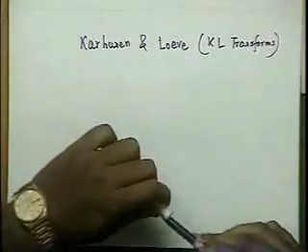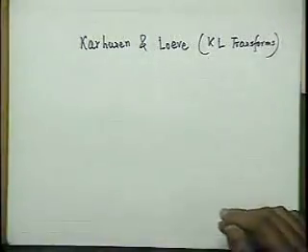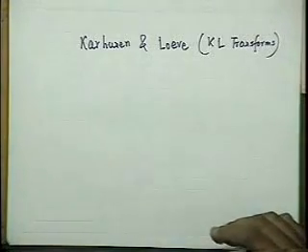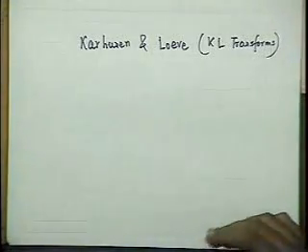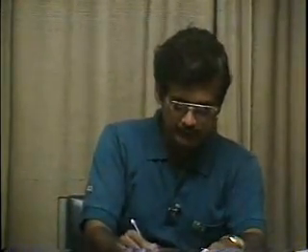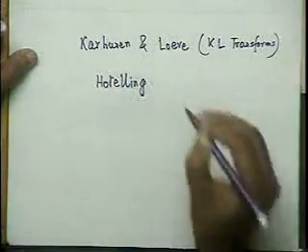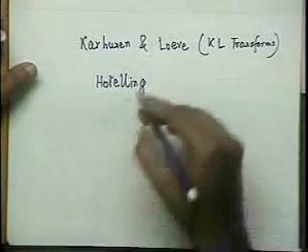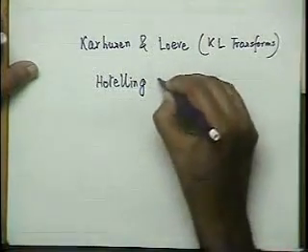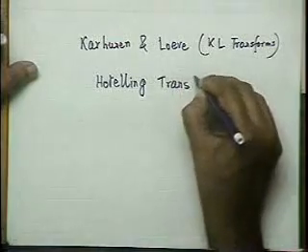This transform is named after Karhunen and Loeve because for random sequences, it was Karhunen and Loeve who had found a series summation form, and then the discrete form of this was presented by Hotelling,